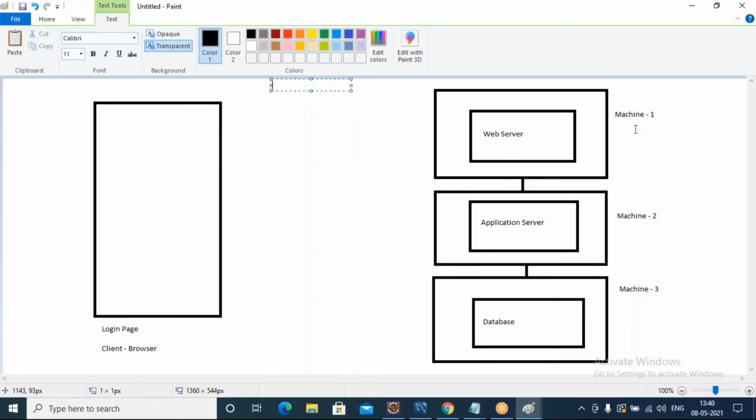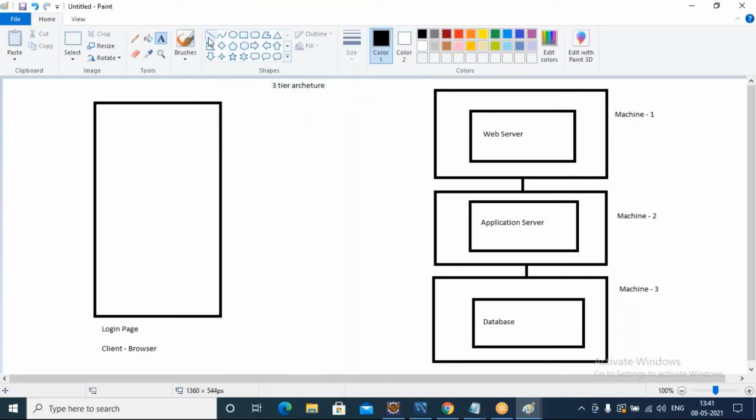Machine one just serves the web server. The application server is installed on a different machine. Similarly, the database is installed on a different machine. So this is called three-tier architecture.